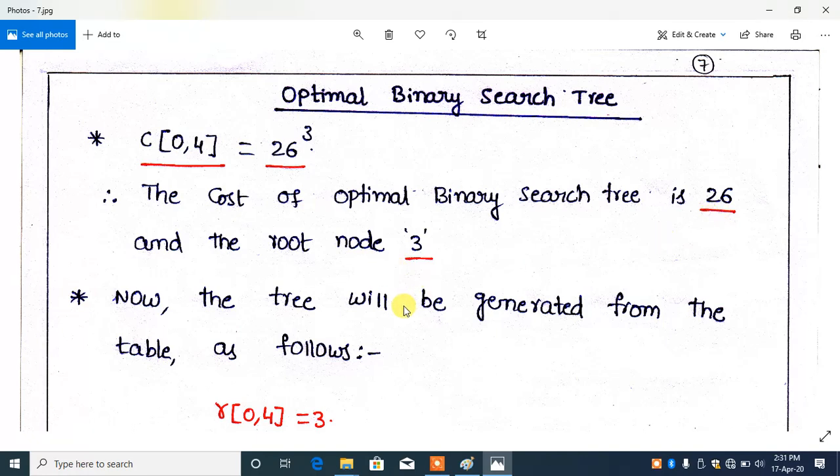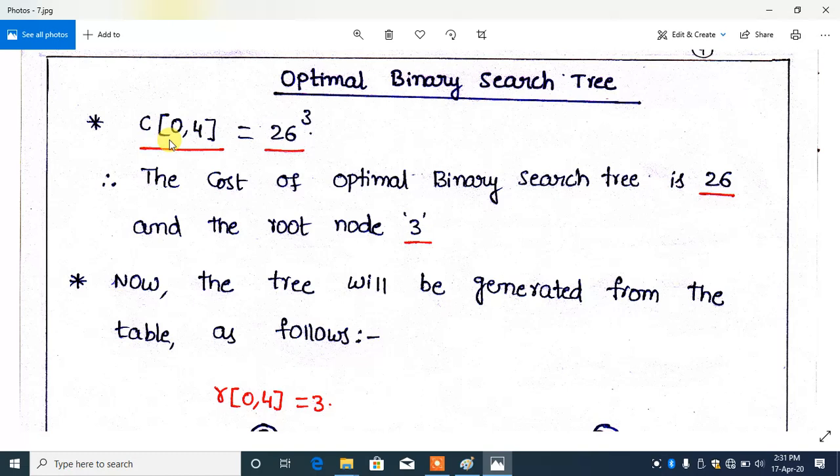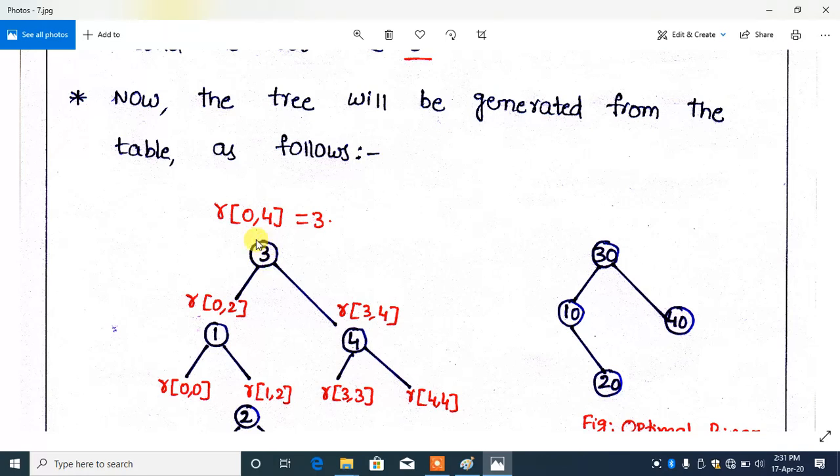Now how do we have to generate the tree? So let us quickly see here. The cost of traveling from the first node to the last node is 26 and the root node is 3. So that's why keep the root node as 3.